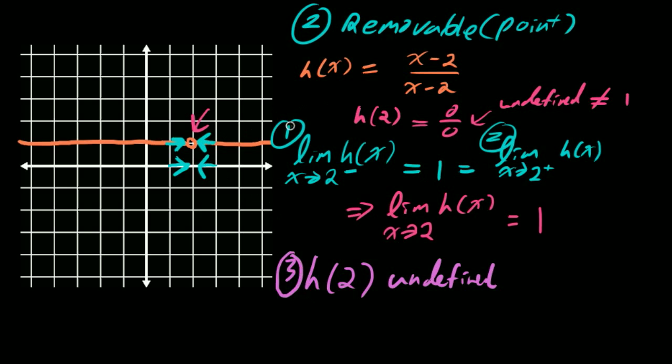And the type of discontinuity we have is a removable discontinuity, sometimes also called a point discontinuity. I'm probably just going to be calling it a removable discontinuity because I guess that's what I learned it as, a removable discontinuity. One other thing I just want to mention about removable